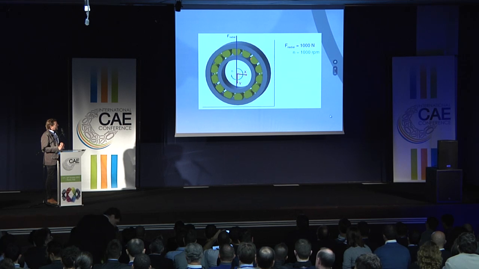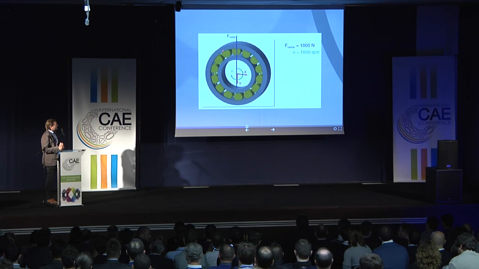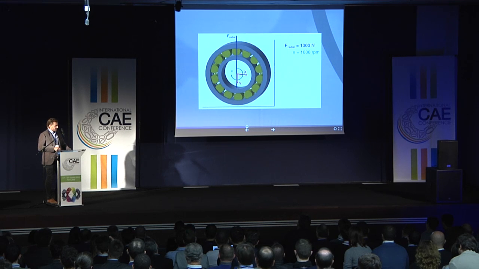These rolling elements are connected with spring damping elements, which are approximating the bearing cage, as you know. Then I fixed the outer ring to the ground, so it's standing still, and the inner ring was spinning with 1000 RPMs, and I added a force of 1000 Newton. And then I plotted the force at the outer ring, the dynamic bearing force, and this looks like this.